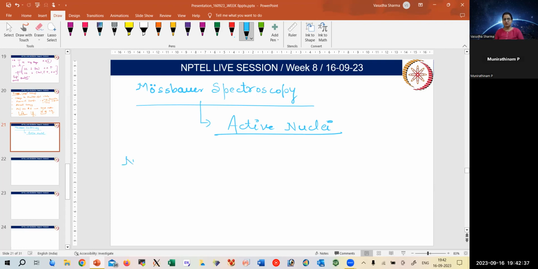In NMR also, we have a condition that the I value can't be 0. If the I value is 0, that kind of nuclei can't give us the NMR spectra, because the number of neutrons and protons are equal. So they cancel out each other's effect. There is no magnetic field anywhere. There won't be any magnetic field. So if there is no magnetic field, there won't be interacting